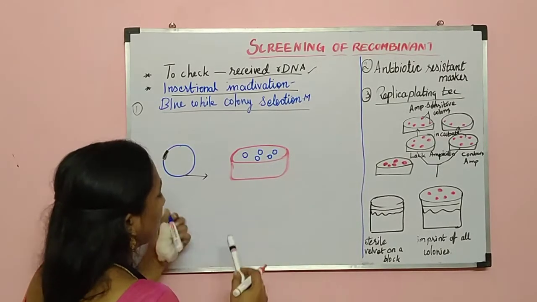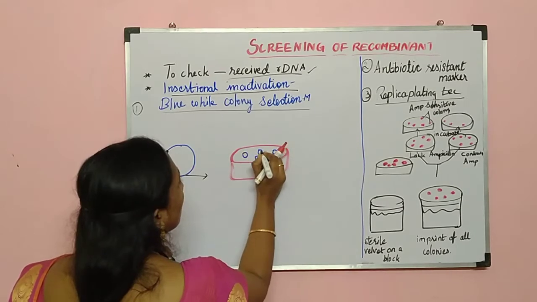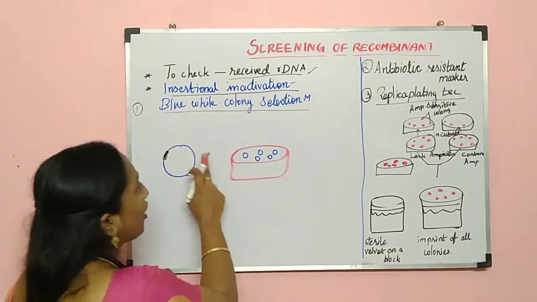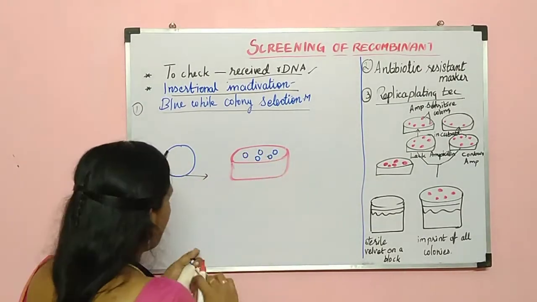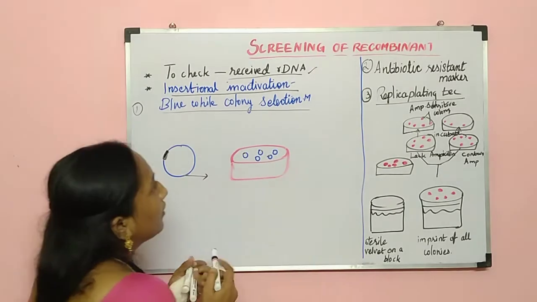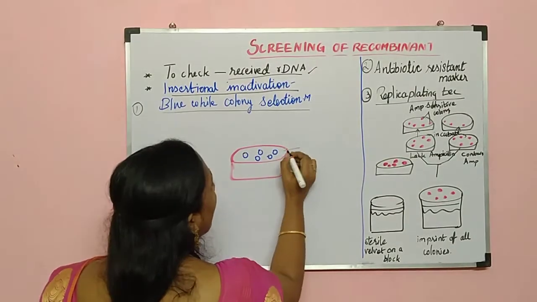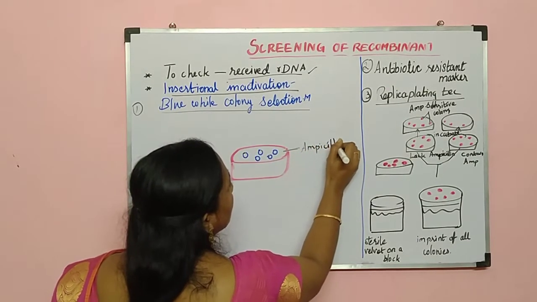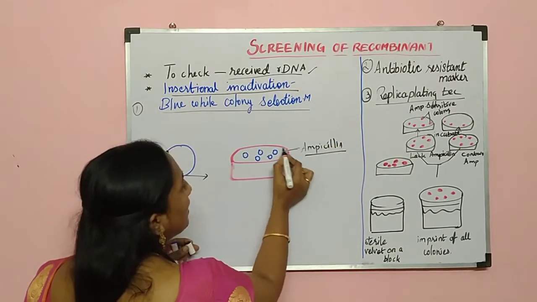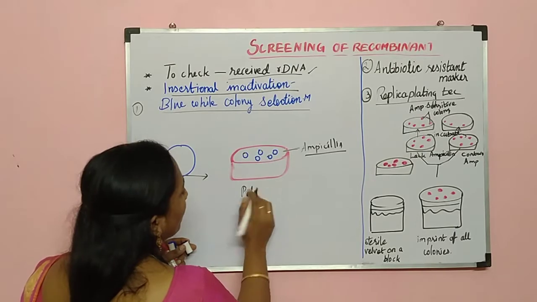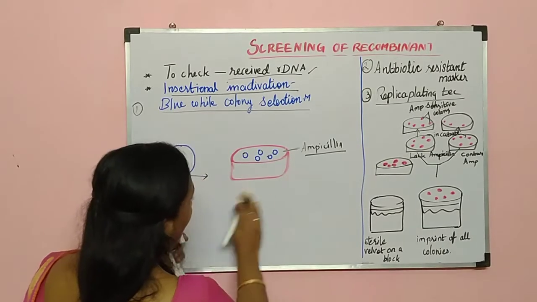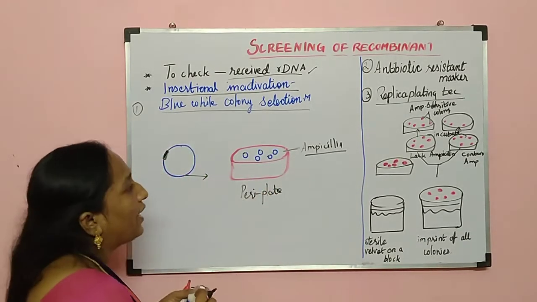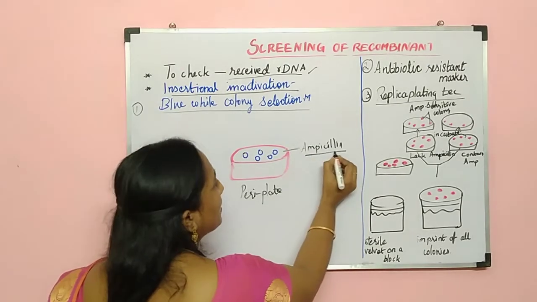We have to check whether this colony has inserted DNA or not. This petri dish has the antibiotic resistant marker, so it will have ampicillin. We are taking ampicillin inside the petri dish. In the petri plate we have taken the liquid called ampicillin. This ampicillin is an